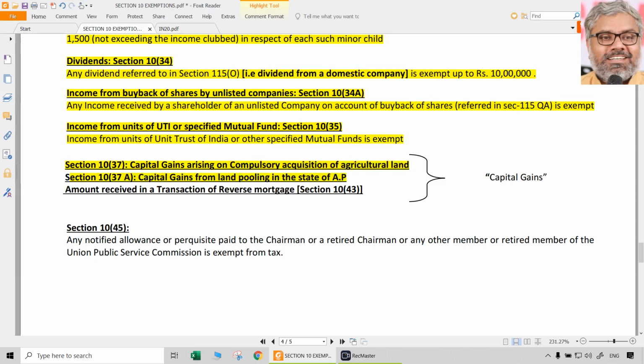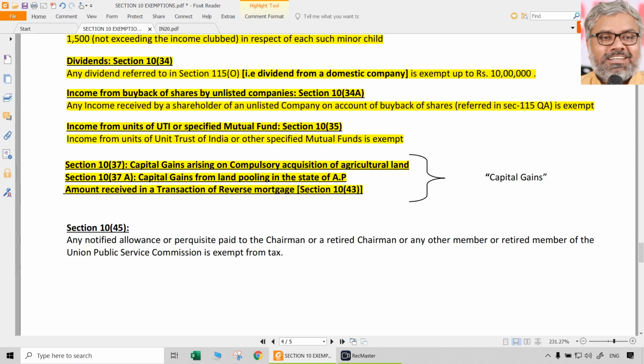10(37A) is also an extension of that, but that is only for whom? Capital gains from land pooling in the state of AP, Andhra Pradesh state, Amaravati development, etc. Whatever happened long back, in the form of land pooling, the government has collected land from the farmers of Amaravati around area, and capital gains arising to those farmers from such land pooling is exempt under section 10(37A). And 10(43) says amount received in a transaction of reverse mortgage is also exempt. We will discuss these two things separately,